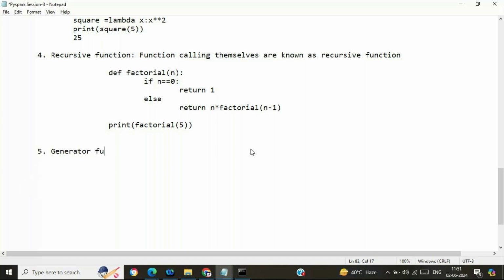These generator functions, what can I say, let me try to recall. Random generator, range, this type of function is